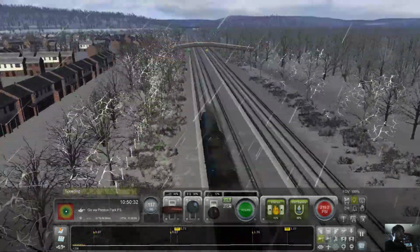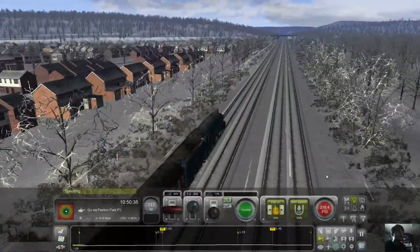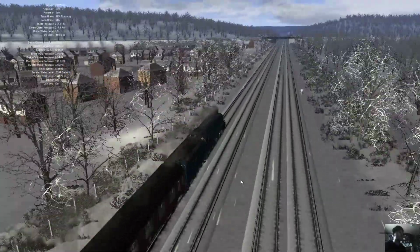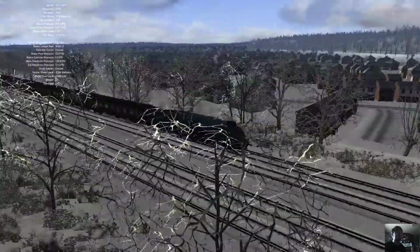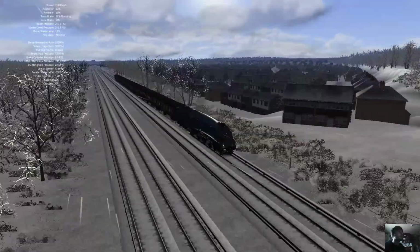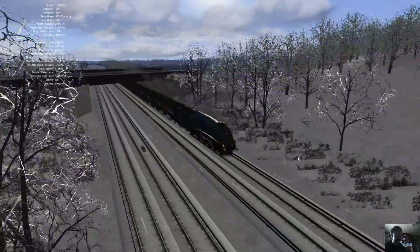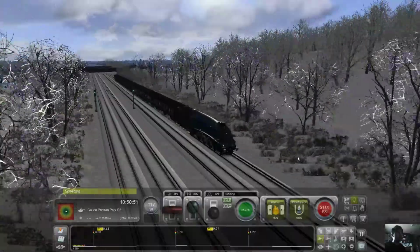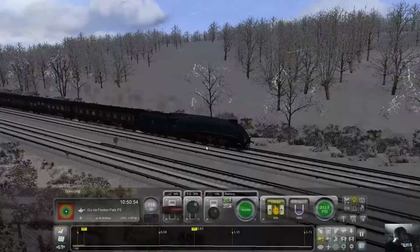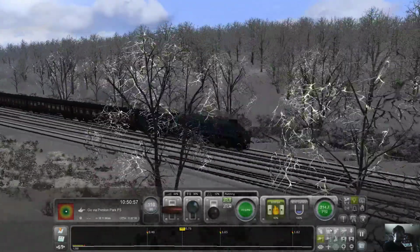I don't know, I have no experience with operating a steam locomotive, and I'm fairly sure most people don't. But if you do have experience operating an A4 locomotive, please do tell me. I'm fairly sure we're losing speed. Yep. Nothing to be done for the moment. Let's take a look at the steam generation mode, actually. Yeah, that's going down, so...